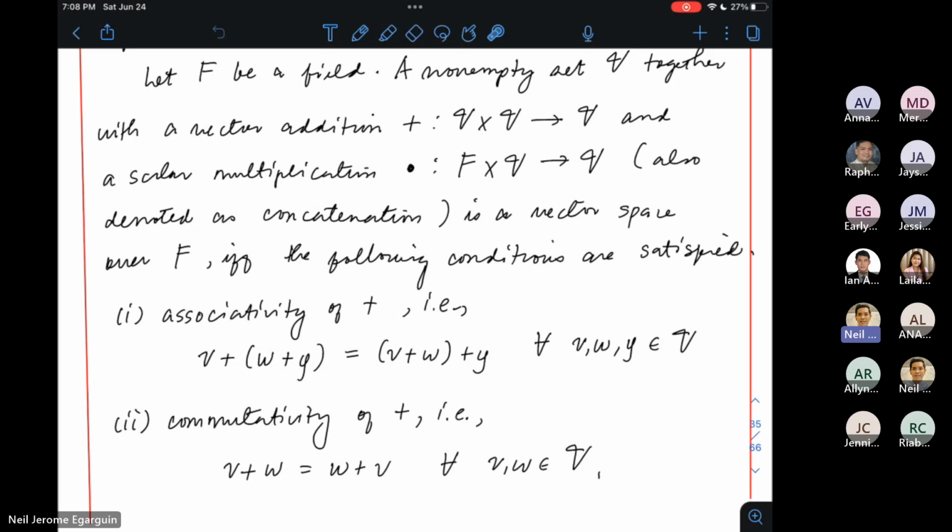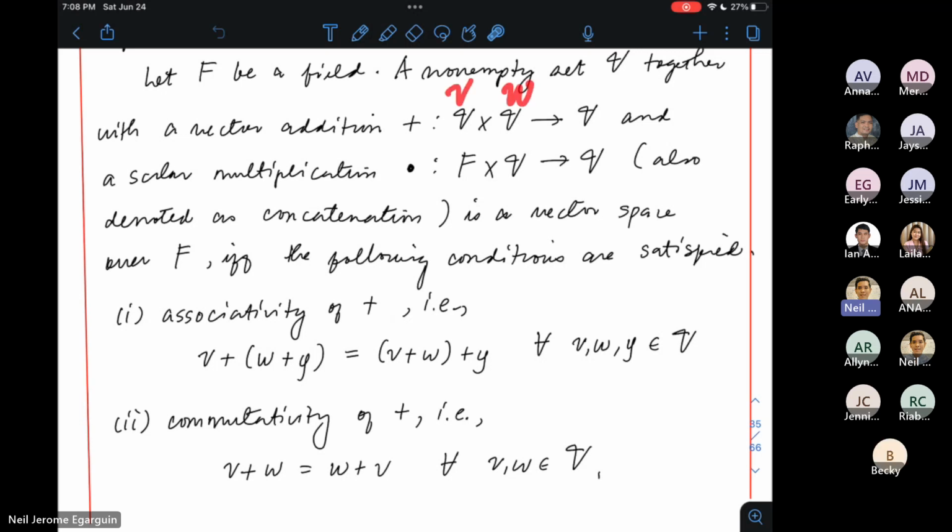So you take, say, v and w, elements of capital V. When we add them, the result must still be an element of capital V. All right? That's what we call vector addition. So vector addition is just an operation defined on two vectors. All right? We are adding vector to vector. What is that addition? We don't know. We're just calling it addition. It might be different from the usual vector addition that you learned in college. All right? I'm just calling it vector addition for now.